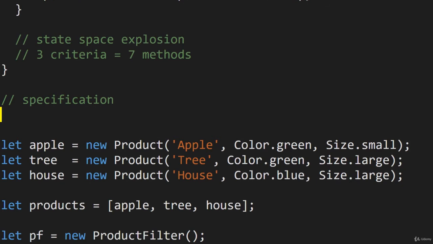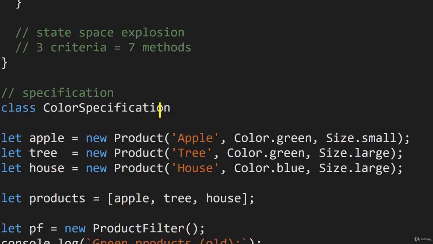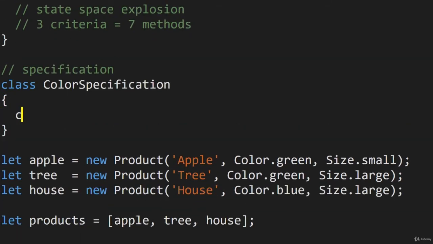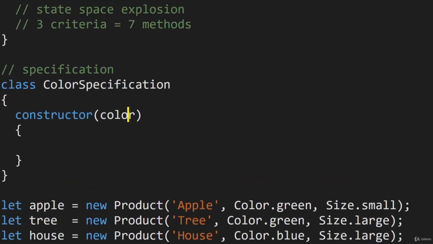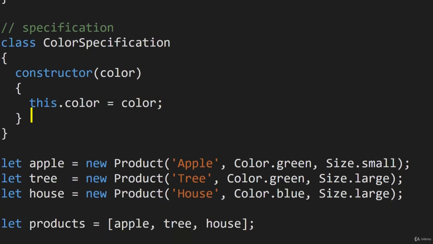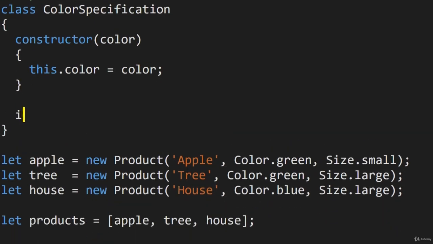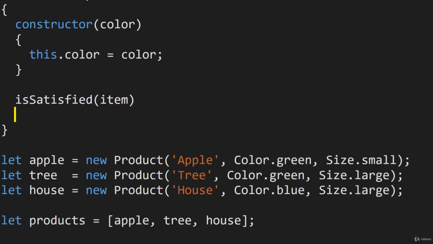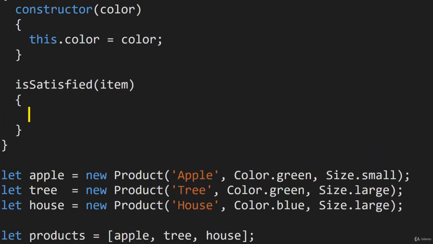So for example, for a color, you can have a class called a color specification. It gets initialized by you specifying what color you actually want to filter by. So let's have the color here, and you have some sort of method like isSatisfied. This method gets called to make sure that a particular item which is fed into the specification actually satisfies whatever this criteria is. So in this case, the item color has to match exactly the color we specified